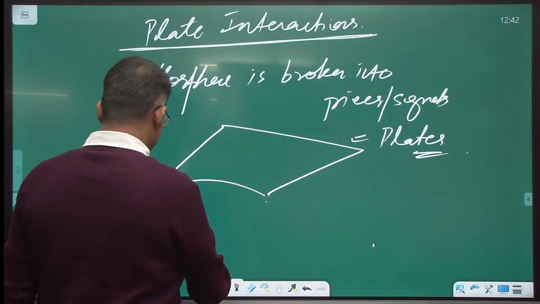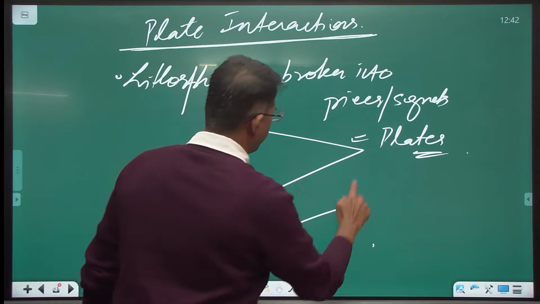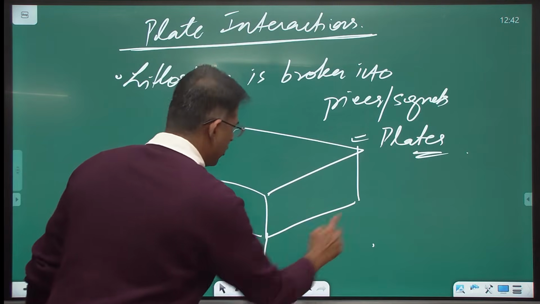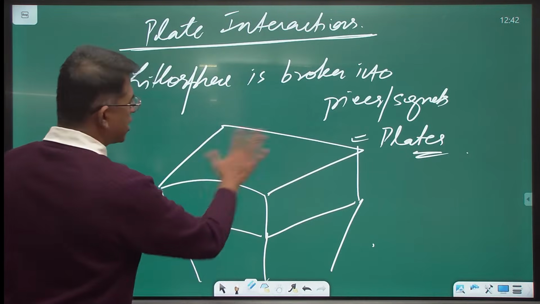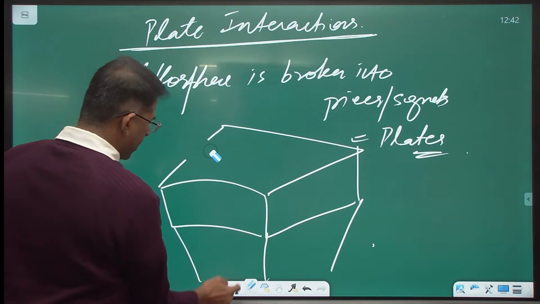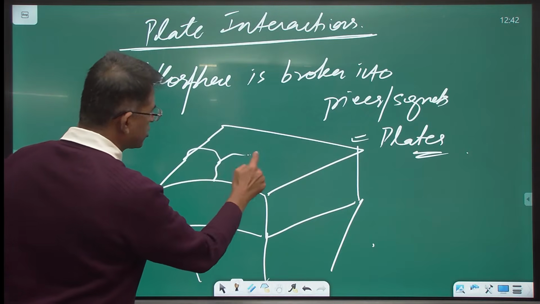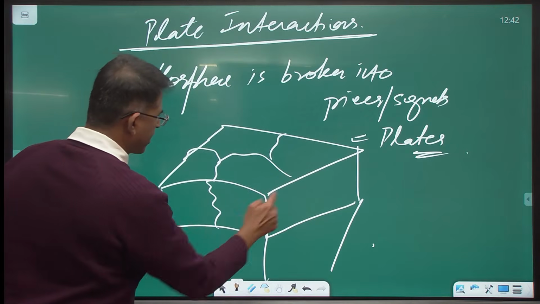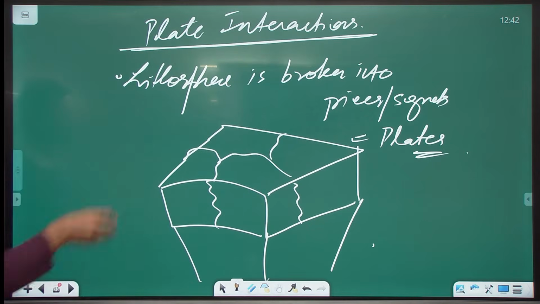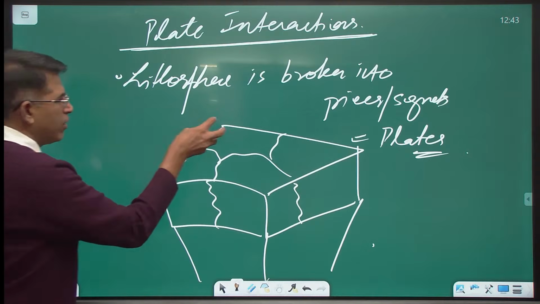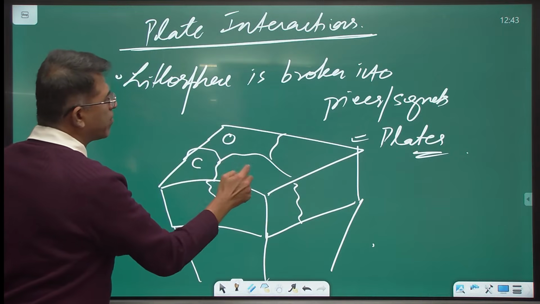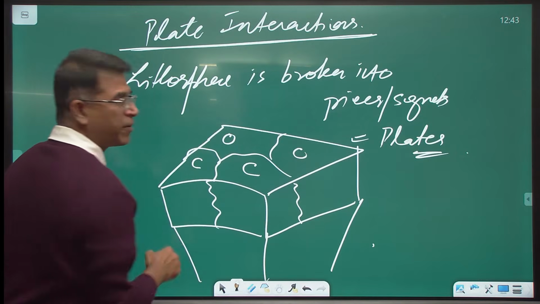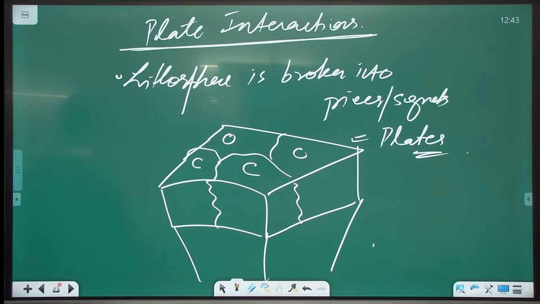So imagine this is the layer of the earth, going deeper down like this. This is a segment of the Earth. This upper part is the lithosphere and I'm saying it is broken like this, cracked like this. It's cracked here. It's cracked here. So this is one piece called a plate. One piece called a plate. This can be a continent plate. This can be an ocean plate. This can be continent here. Can be ocean here. So the lithosphere is broken into pieces called plates.